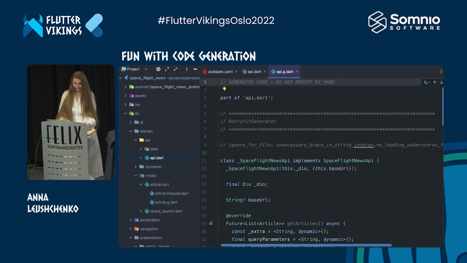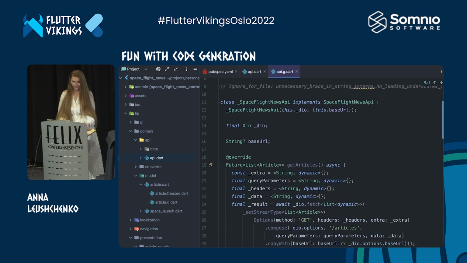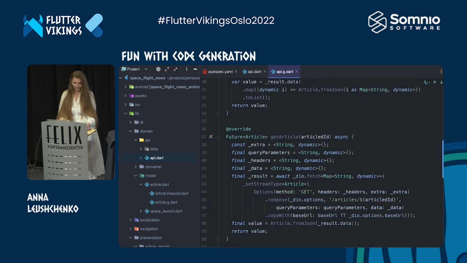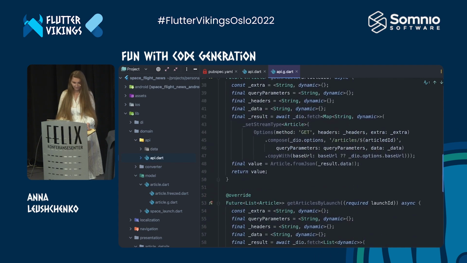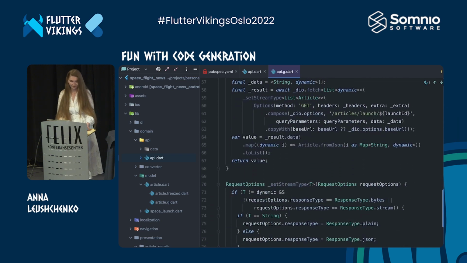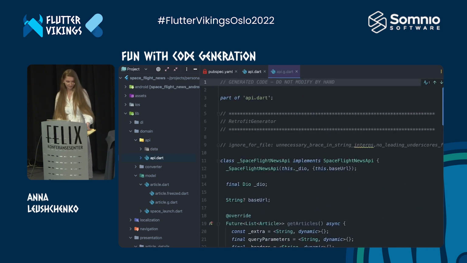The generated code is a slightly extended version of the code I had previously, but in a nutshell it does exactly the same: performs request to the REST API through the Dio instance and parses the response data with the fromJson method that was generated for us previously by JSON serializable.